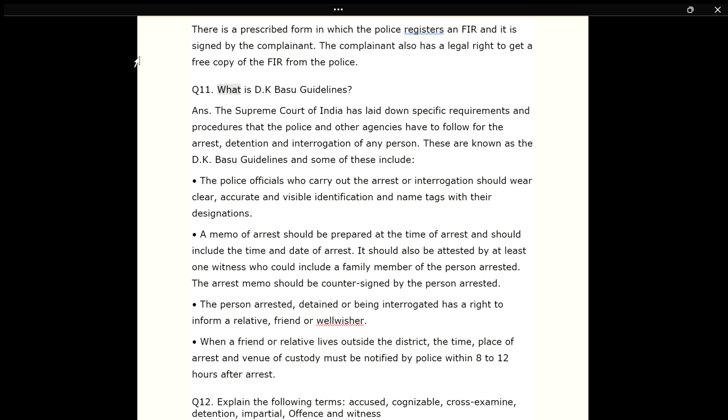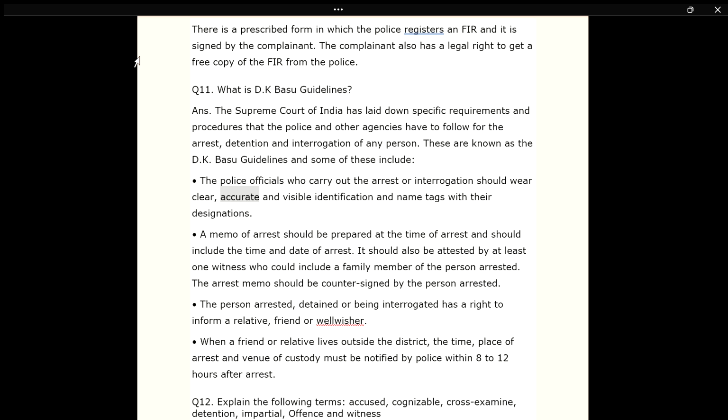Q11. What are the D.K. Basu Guidelines? ANS. The Supreme Court of India has laid down specific requirements and procedures that the police and other agencies have to follow for the arrest, detention and interrogation of any person. These are known as the D.K. Basu Guidelines and some of these include: at all times the police officials who carry out the arrest or interrogation should wear